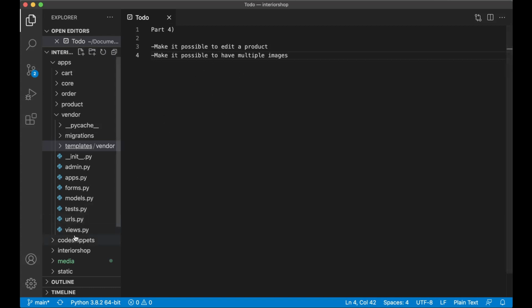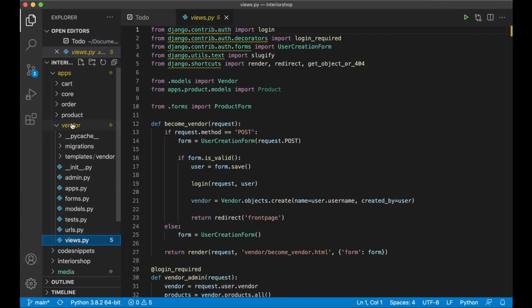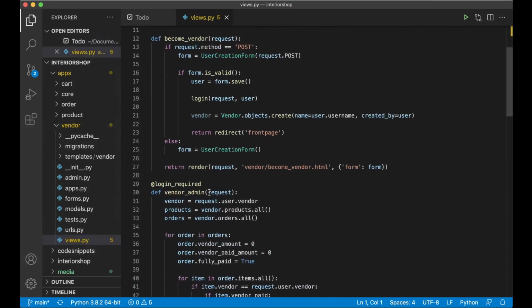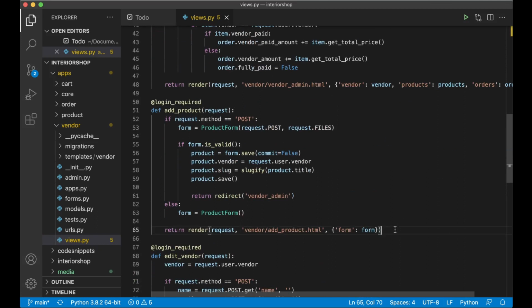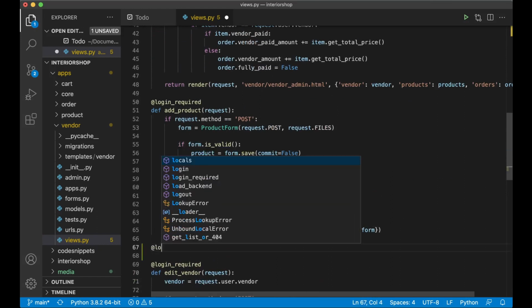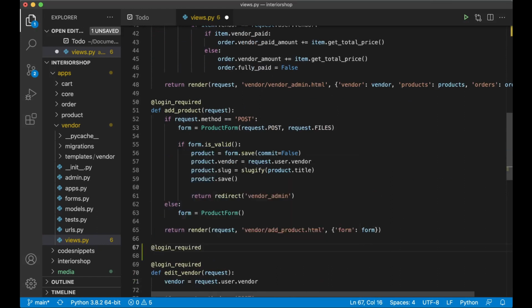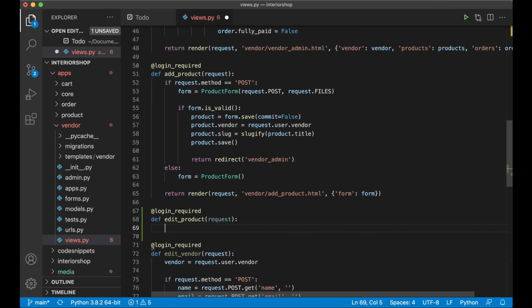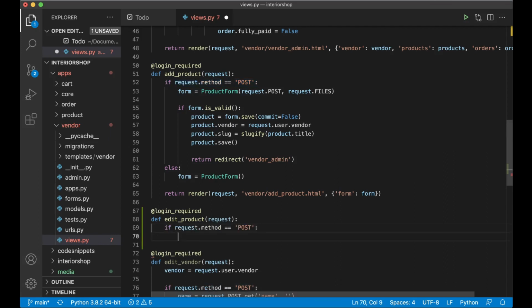And to do that, I need to go into views.py in the vendor app to create a new view. Below this add product, add one more login decorator. You need to use this, and then def edit_product(request). And then below here we need to check if we have submitted the form, just like we did here. So just copy this, and the same thing with this. We can use the product form